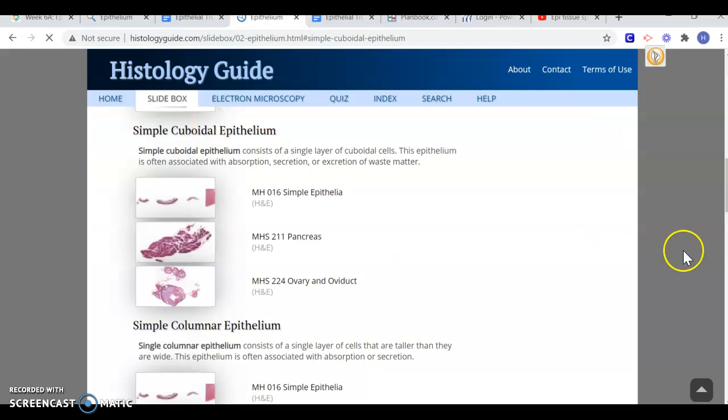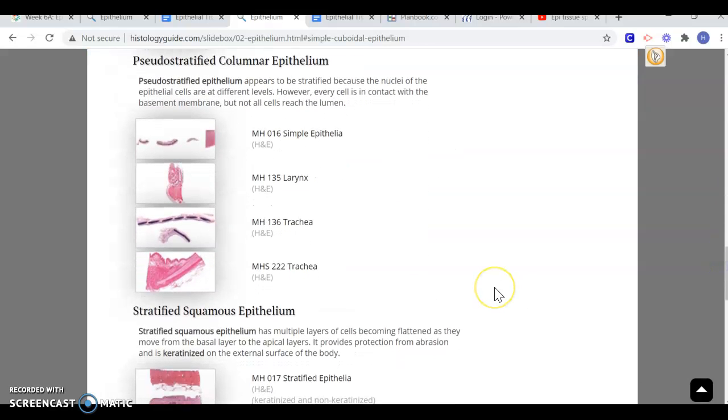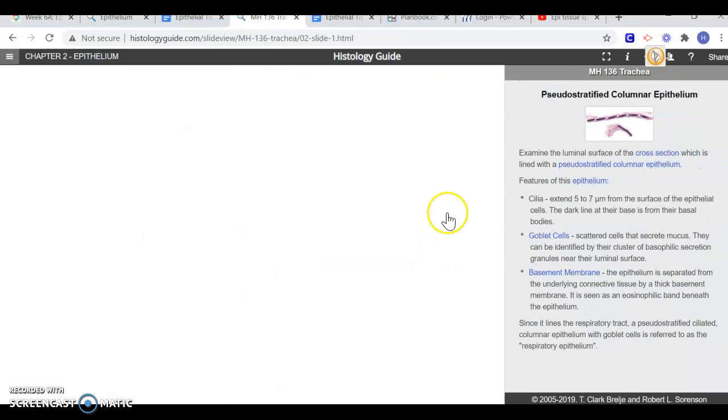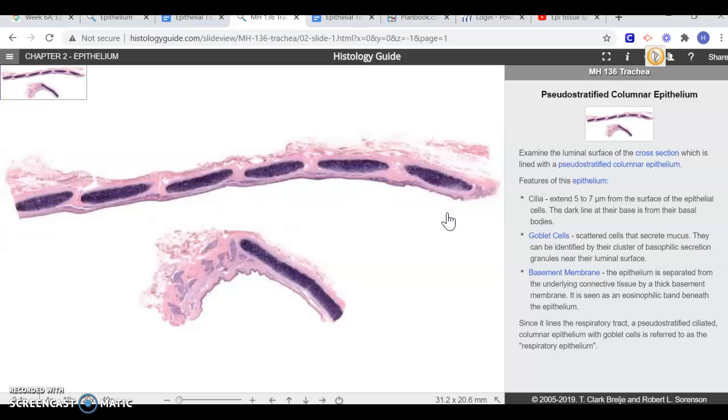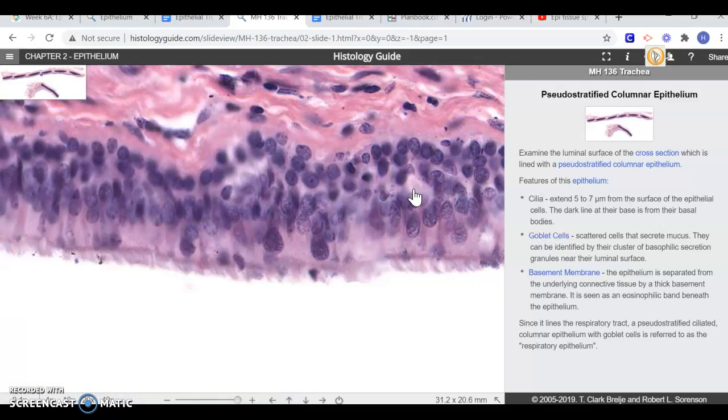Go computer, go! Pseudostratified columnar, and we want to do 136. And so there's different things you can click on. You can click on goblet cells. So what happens if we click on this? It'll zoom in and take us to those particulars. So this one is kind of goofy because it's upside down. So these are pseudostratified columnar. So basically all this